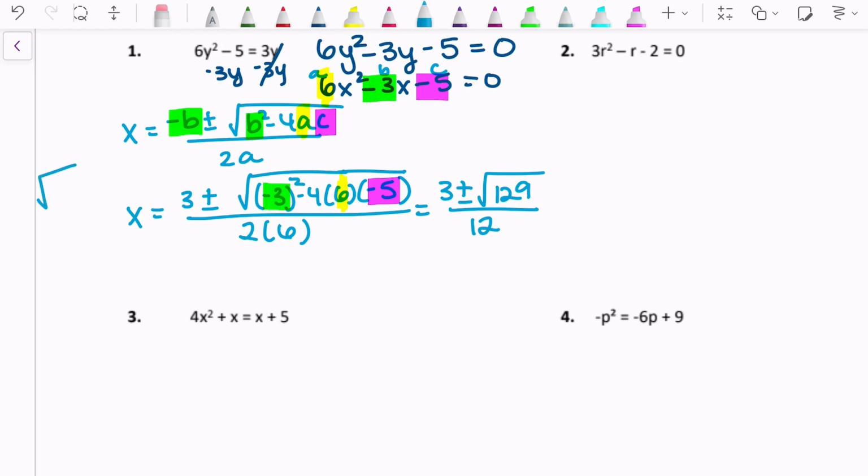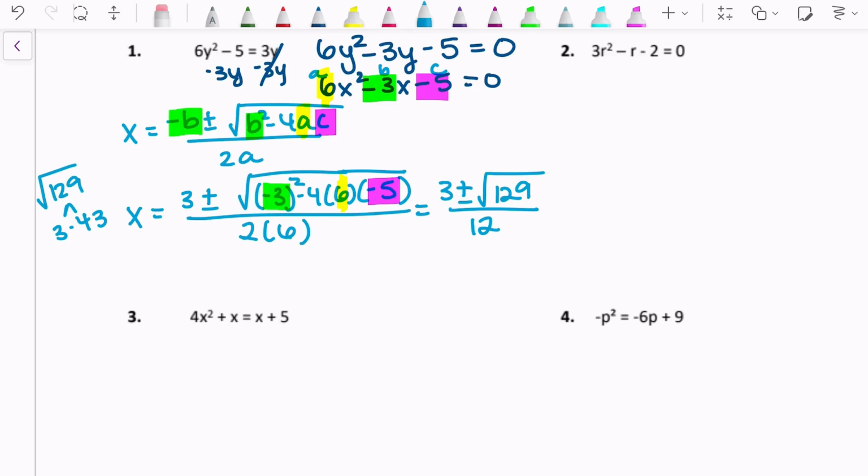So like if I have the square root of 129, this is a prerequisite skill really for the quadratic formula, knowing how to simplify. I just took it in my calculator and divided it by 3, and I got 3 times 43. Now, 43 is a prime number, so even though 129 can be broken down, it can't be broken down any further, and so I really can't simplify this radical, and I cannot simplify the fraction,